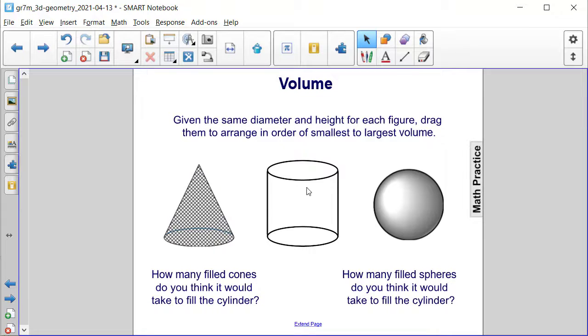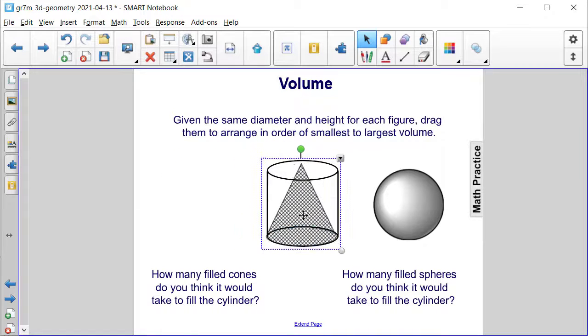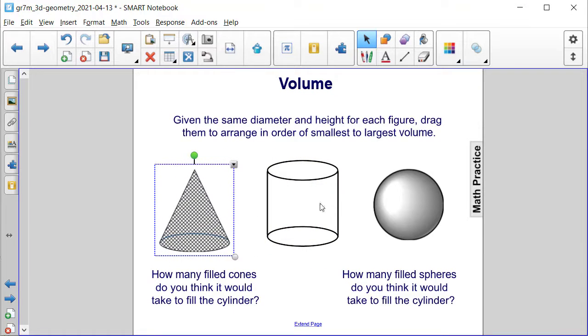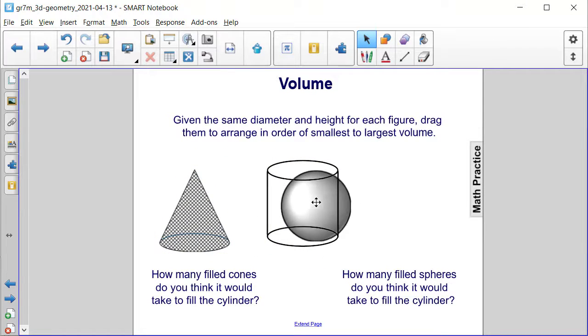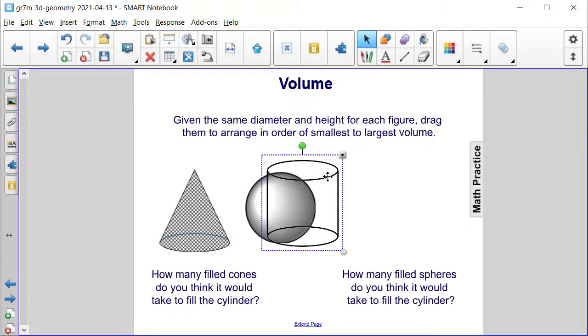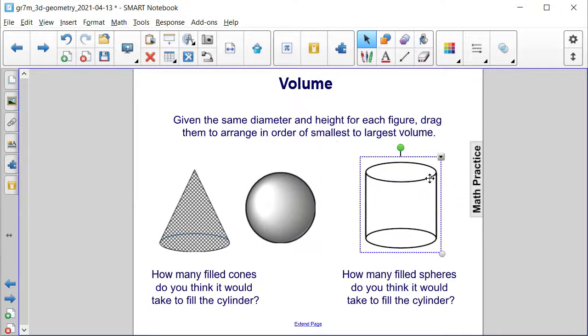Let's start there. This cylinder actually looks pretty big. Let's see, can we fit this cone inside of it? Oh, we totally can. So the cylinder is still bigger. Not sure if the sphere or the cylinder is bigger. Oh, you can actually fit the whole sphere inside of the cylinder. Okay, that's interesting. So if we take the cylinder